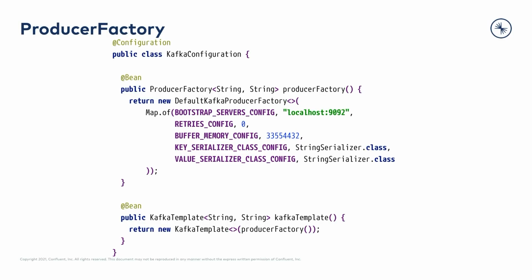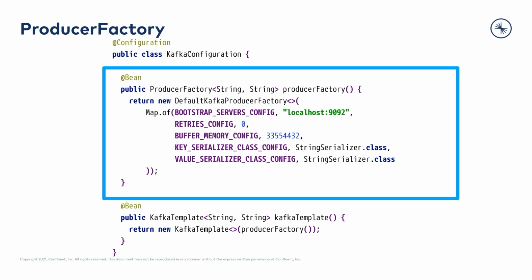In order to create a new instance of our Kafka template, first of all, we need to create a producer factory. Essentially, the producer factory will be responsible for instantiating the underlying Kafka producer. Since Kafka producer is thread safe, this factory can generate a singleton. One of the things that a producer factory requires is a configuration. And as you can see here, it's just a simple map that you can put in place.